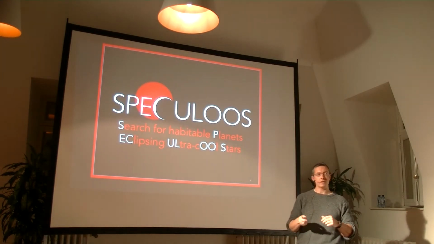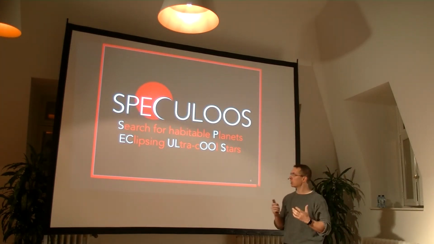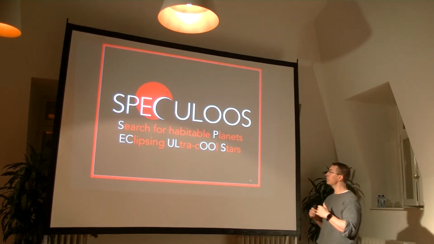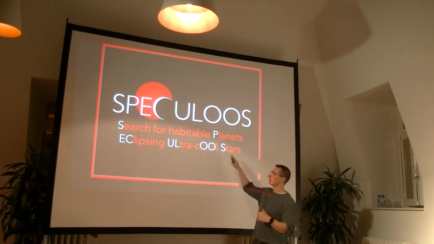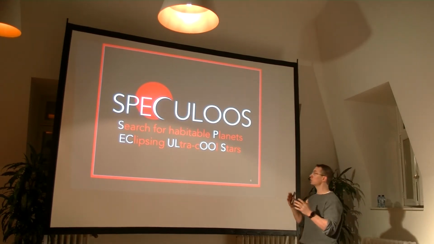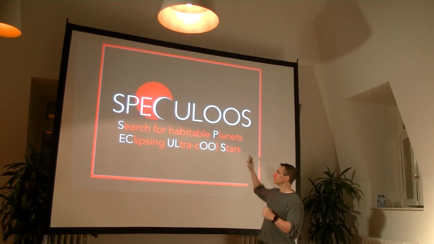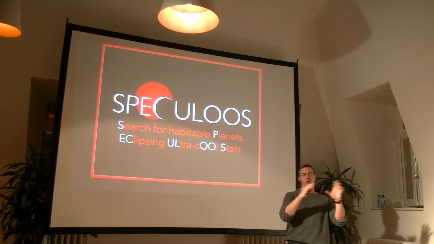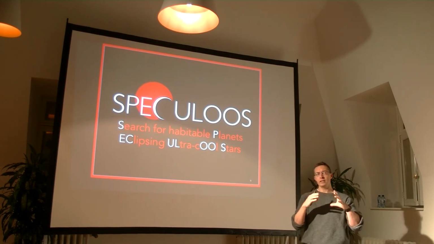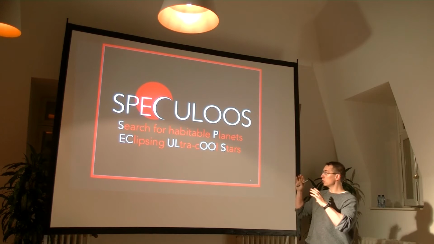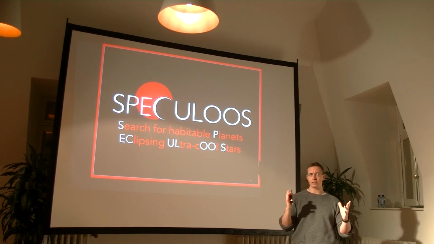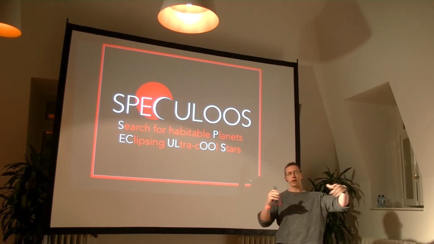And so we had this brilliant idea in my team to make a project. First of all, we wanted a cool name, so we named it SPECULOOS. Then we had the idea to apply this name to a Search for habitable Planets EClipsing ULtra-cOOl Stars, which makes a very far-fetched acronym, but this is really what we want to do. With this project, we want to observe the nearest ultra-cool stars, which are very, very small stars, really tiny, 10 times smaller than the Sun, and we want to search for planets passing in front of them. To do this, we need quite a big telescope,